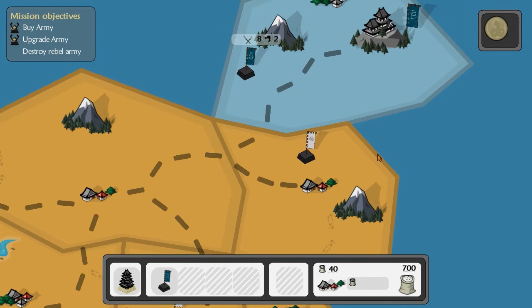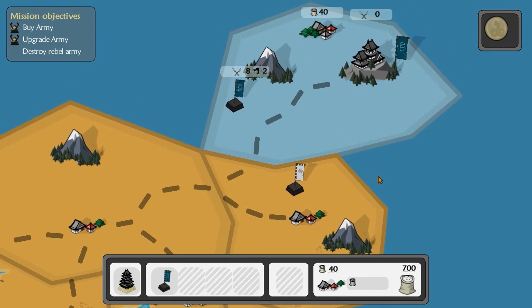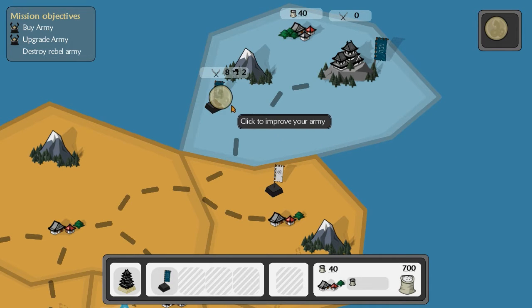So we actually don't take the province yet, because we didn't completely and utterly rout them, I suppose. And I'm running out of money. Do I attack again? Will that work? Or can we just go...